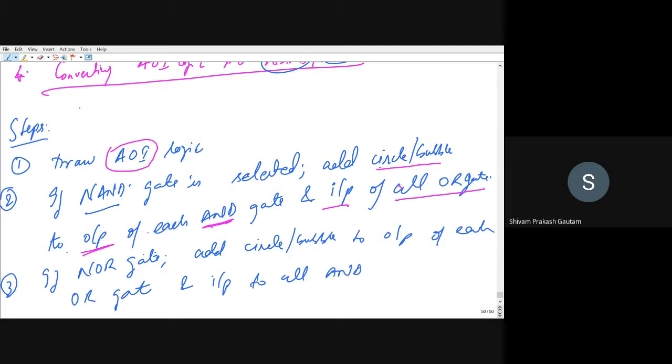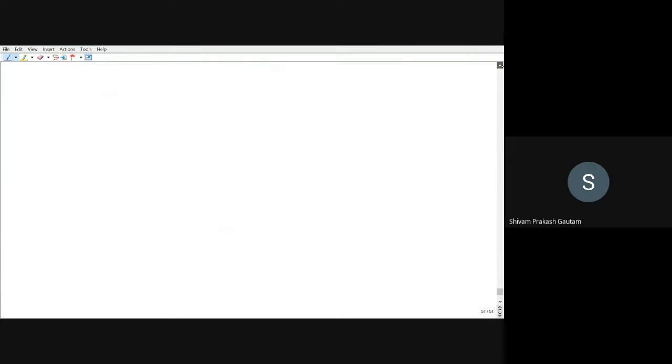So just see, it is vice versa of NAND gate. Here the output of each AND gate was there, here the output of each OR gate and the input of each AND gate. Here OR gate is there at the input, here AND gate is there, right? So this is step number 3.